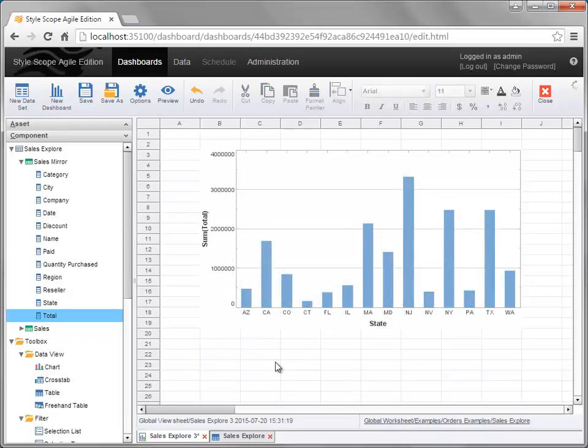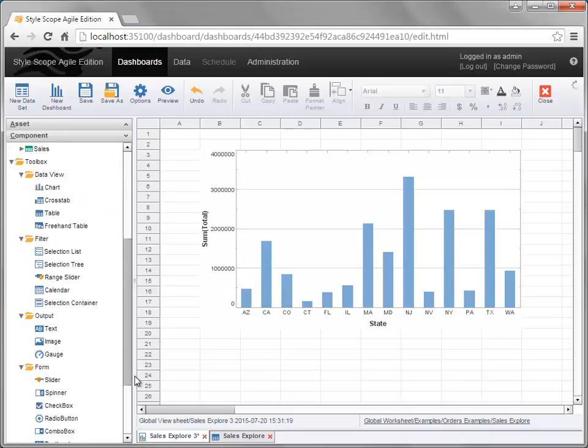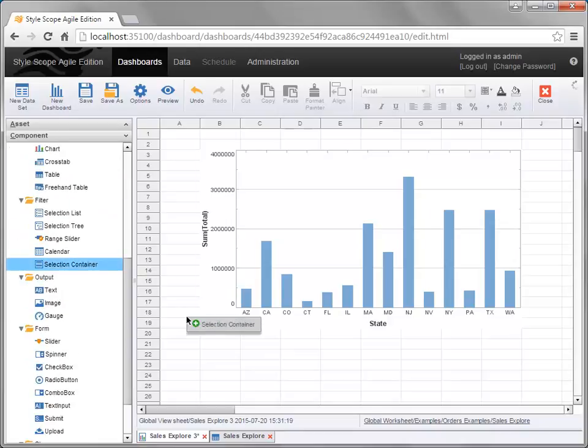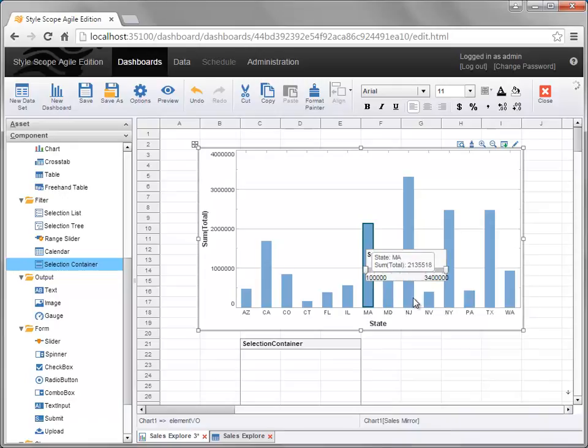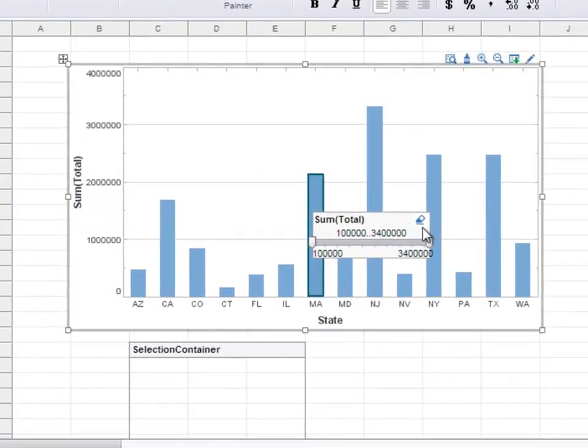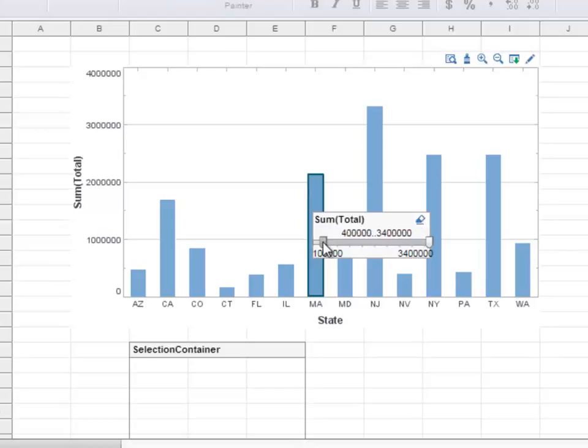To do this, first add a selection container into the dashboard. This allows the user to right-click on the chart and select the filter option. This creates an ad hoc range slider that allows the user to filter the data on the chart based on